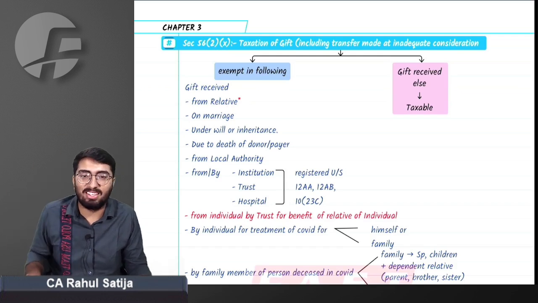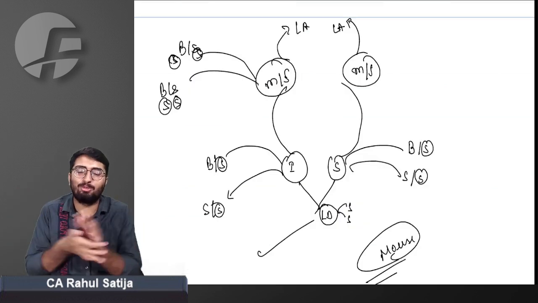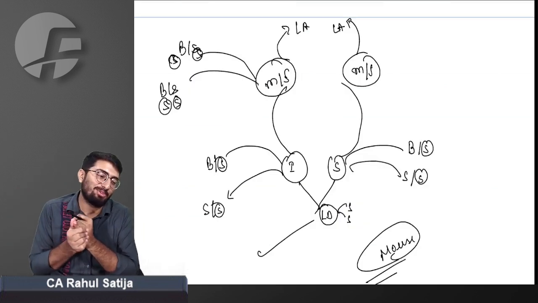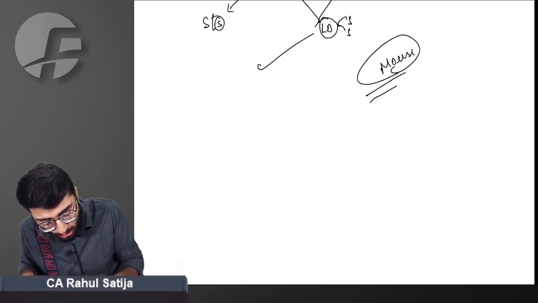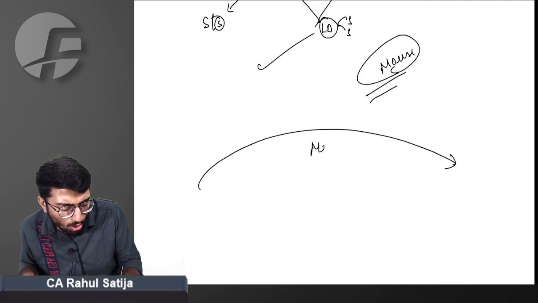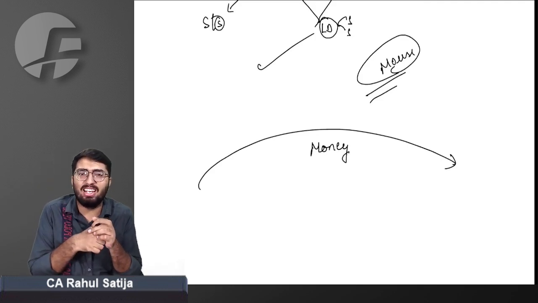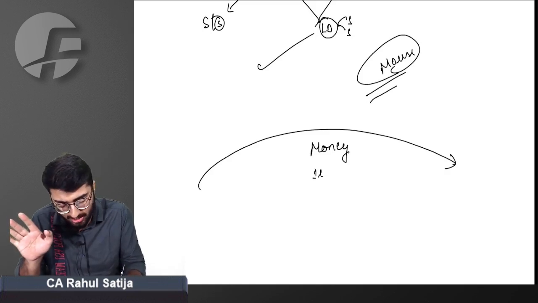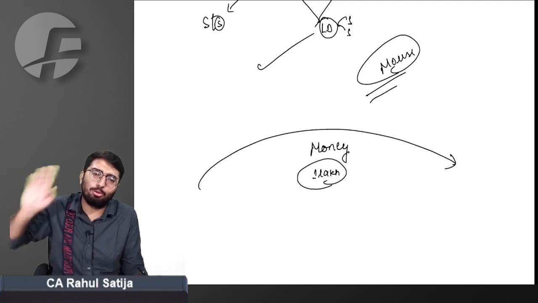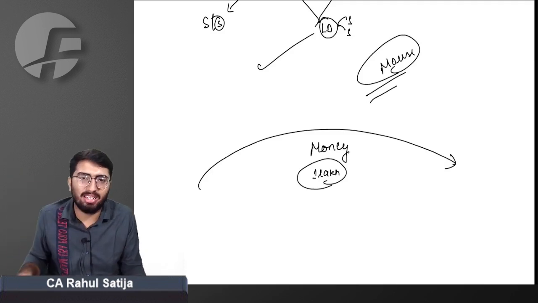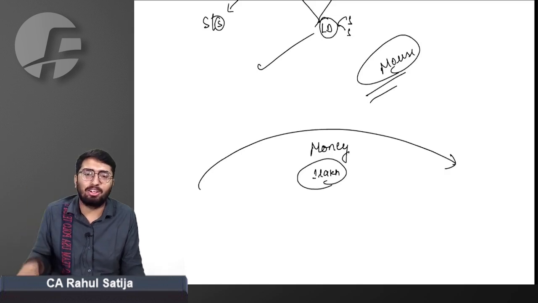For example, I love Shraddha Kapoor. If you remember Shraddha Kapoor, Bollywood actress, I love Shraddha Kapoor. Full of my heart. I love her. I had thought to give Shraddha Kapoor all the money that I have. I collected penny by penny, and gave her 1 lakh rupees as a gift. Shraddha is not related to me in any sense. But I gave this 1 lakh rupees to Shraddha.